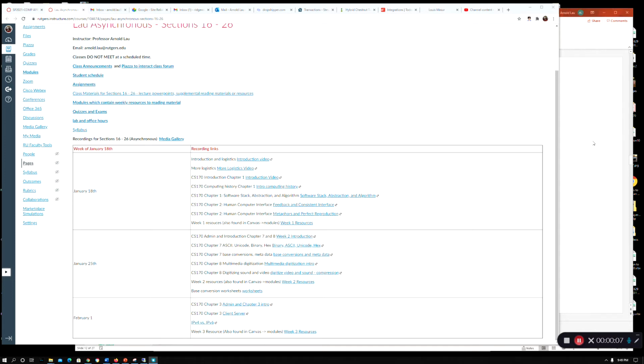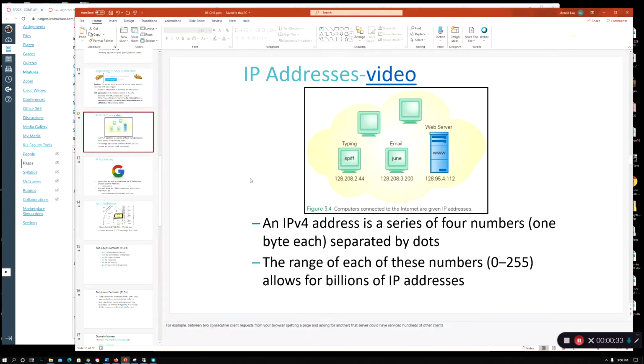Looking at my page right now, you'll see that I've been adding, right? So this is for the week of February 1st. I put in a little link here for IPv4 versus V6. It's just more for information, and then you have the modules here, right? The week 3 resources. But for IPv4, V6, and I'm going to cover this in a second with the lecture